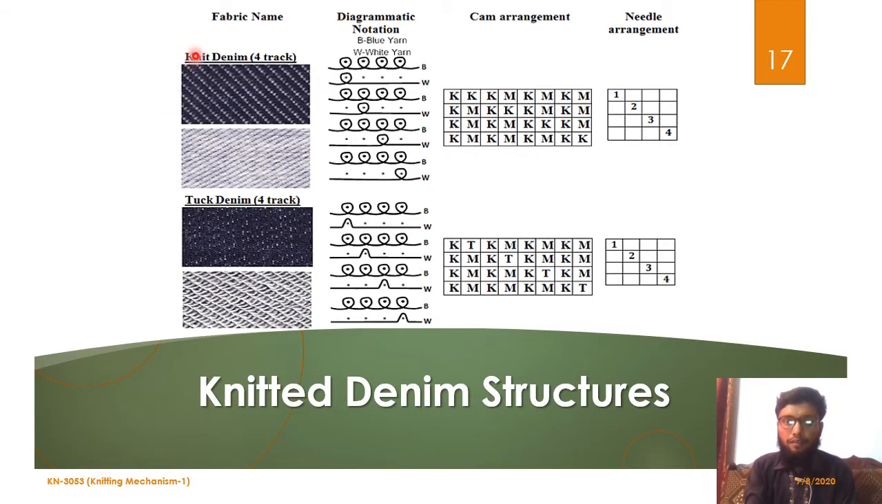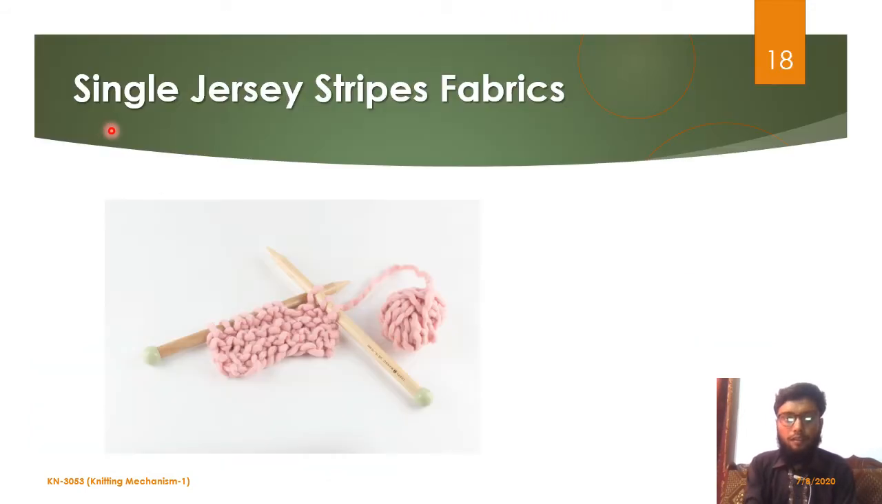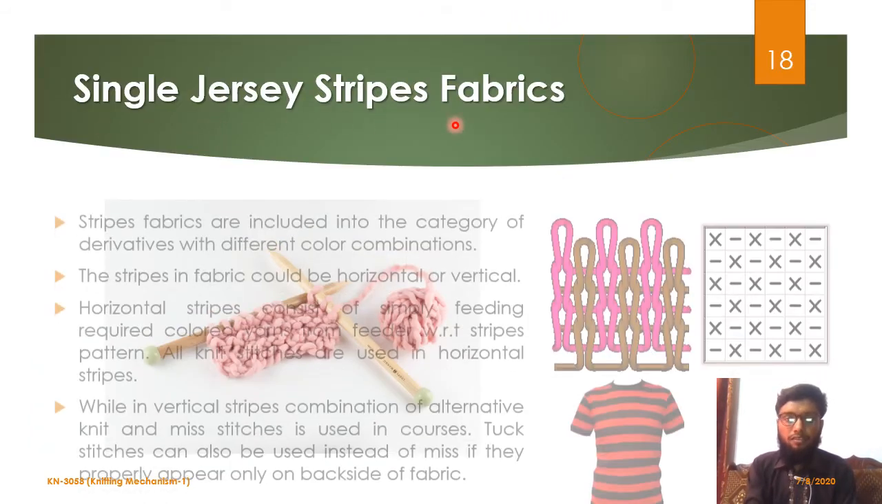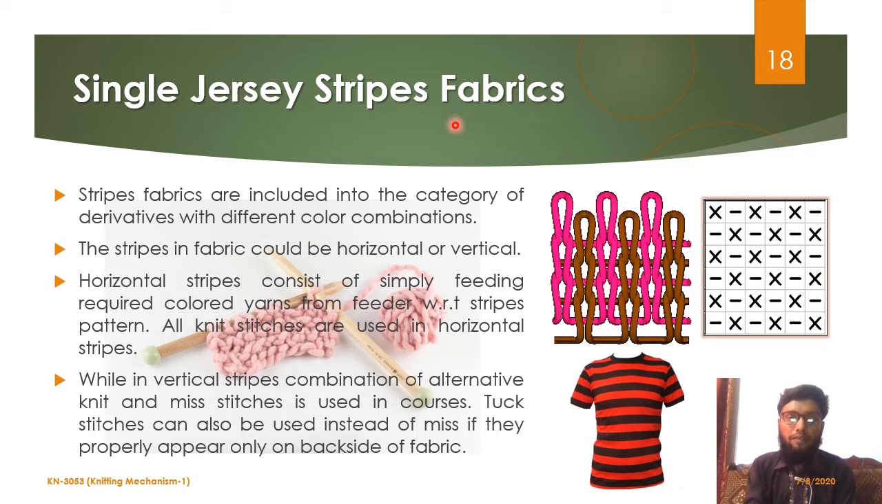Again, here are the fabric structures of 4-track knit and tuck denim with their diagrammatic notation, cam arrangement, and needle arrangement. Single jersey stripe fabrics. Stripe fabrics are categorized as derivative with color variations. Stripes can be horizontal or vertical. Horizontal stripes can be created by feeding different yarns with different feeders by all knit stitches, while the vertical stripes are created by using alternative knit, miss, or knit and tuck stitches, creating such a vertical stripe as shown in